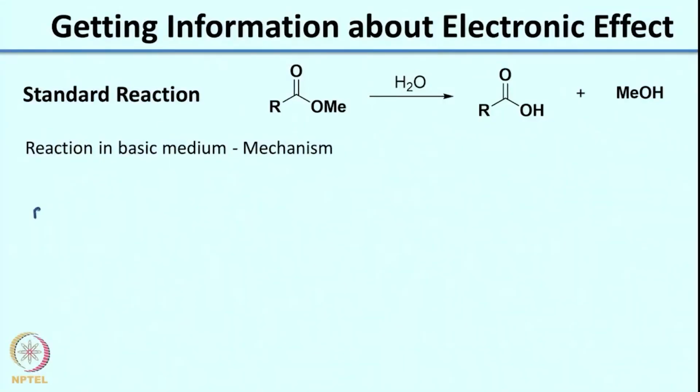So I will start with R, and then I have... which is the most electrophilic center here? It is the carbon here, you have your delta plus. So then you add OH minus. Remember now your reaction medium is basic, so you will not have protons but you will have OH minus. So what you will get would be